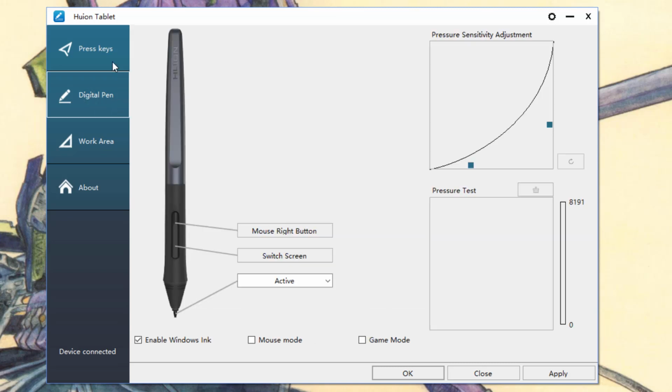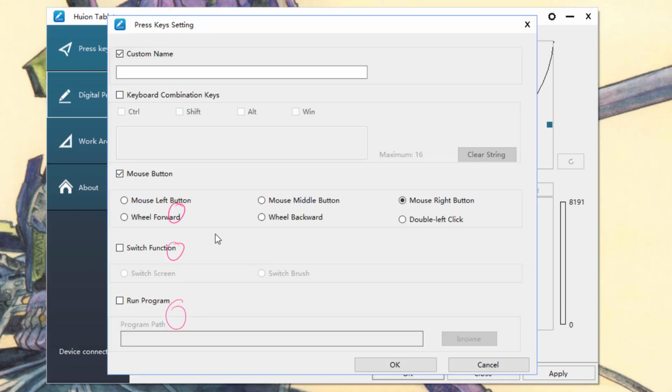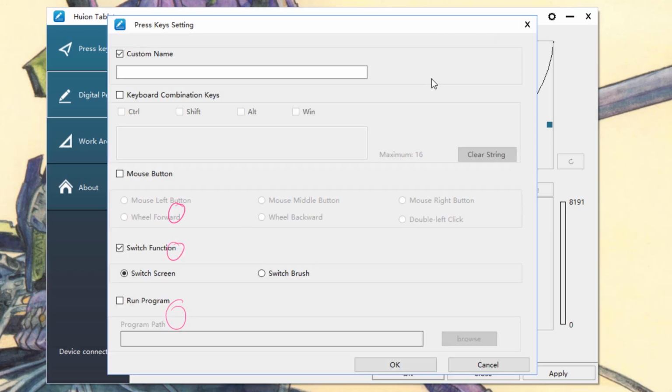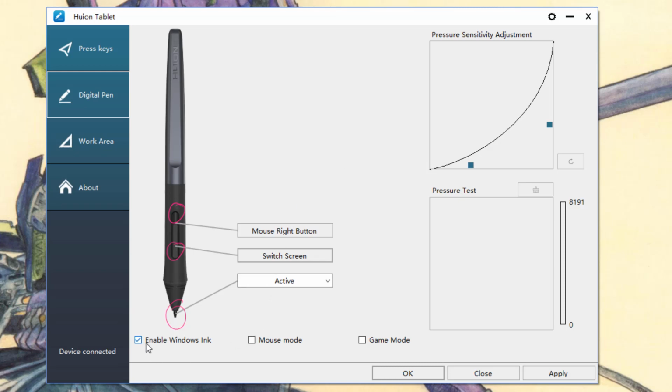And then the second option is about the digital pen. The one I have is the PW100 from Huion. It has two buttons and the pen nib. The button over here is the same for modifying the setting, and then the second button is also the same. And then these three options I will try to explain.